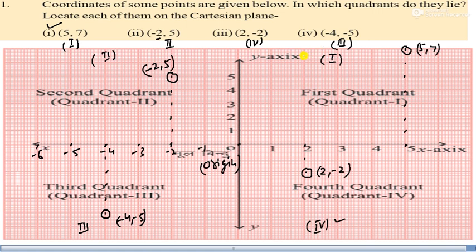You can write on your copy, and that is the graph copy. You have to make everything in the graph copy. So you can draw in graph paper only, not in a similar copy.